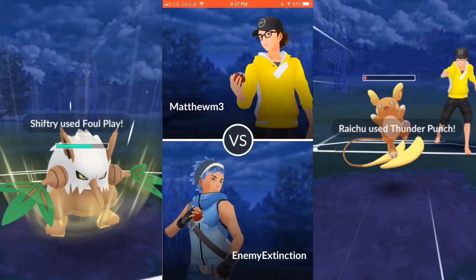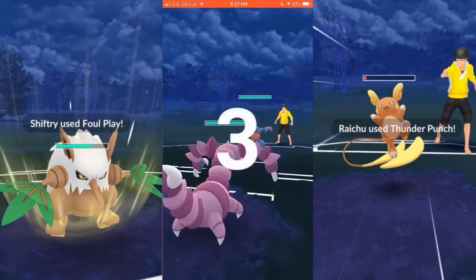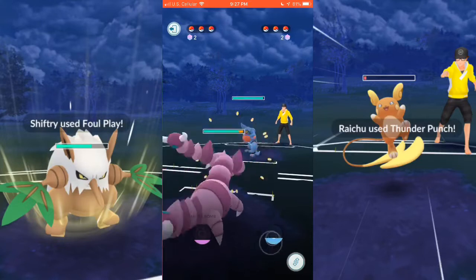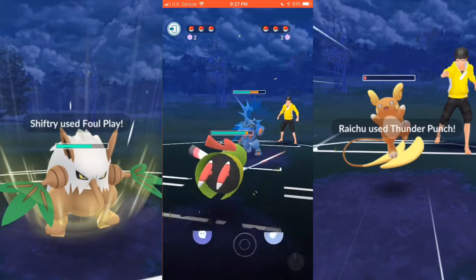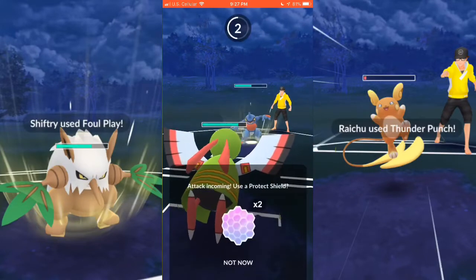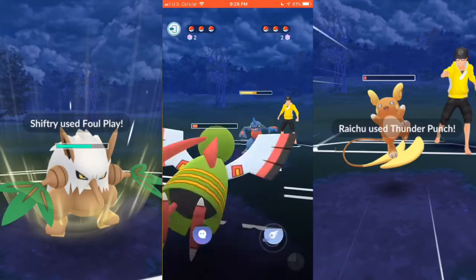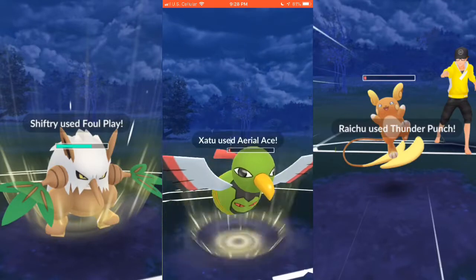And going to match 4, we start off with the Drapion, which is my first time actually using Drapion for Nightmare. I've seen him talked about, but I've never actually used him until now. So just doing a little bit amount of damage to that Toxicroak, and I switch out to my Xatu, and I decide not to block this thinking Mud Bomb, but that's Sludge Bomb. I kind of forgot that Toxicroak could know that, so I end up going with Aerial Ace, and I believe